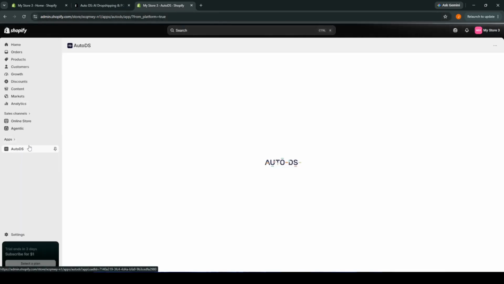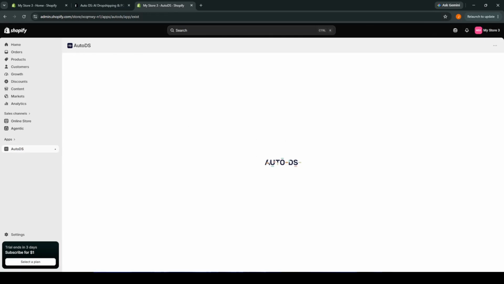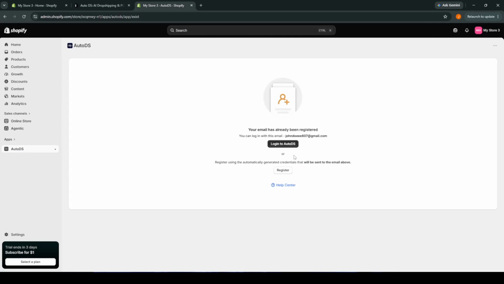Next, prepare for the initial setup inside the app, since installing is just the beginning. Shopify may redirect you to the app page, or you might need to open the app from your Apps area. You should see a link or button that takes you into the app interface. From there, you can continue with any configuration steps that Autods chat requires for your store. Even though the exact configuration steps are inside the app itself, verifying the installation first keeps everything clear and prevents